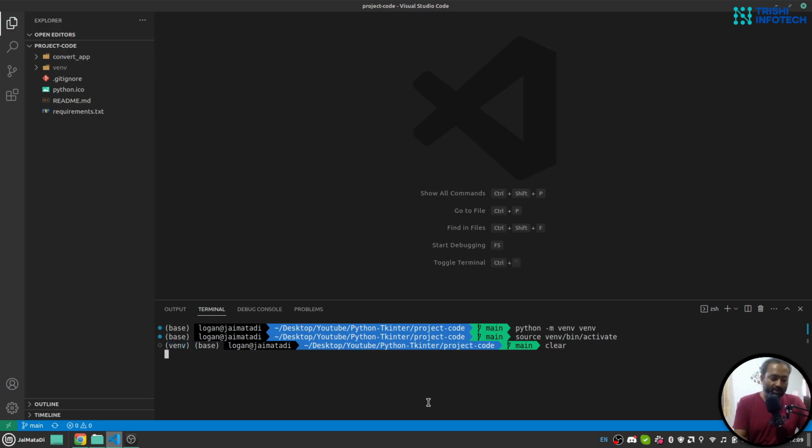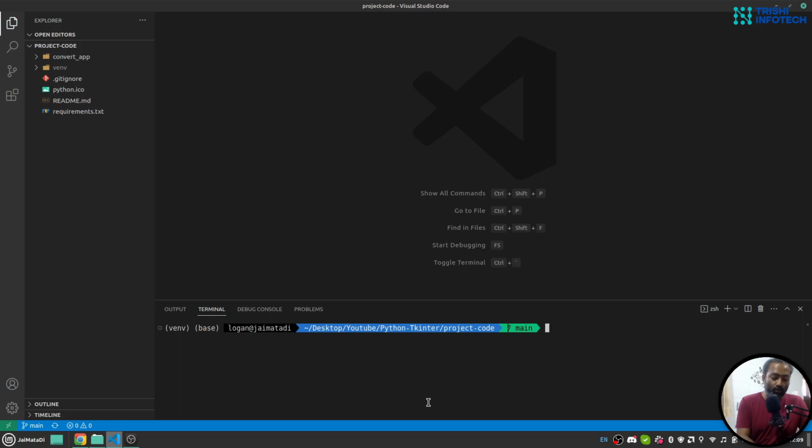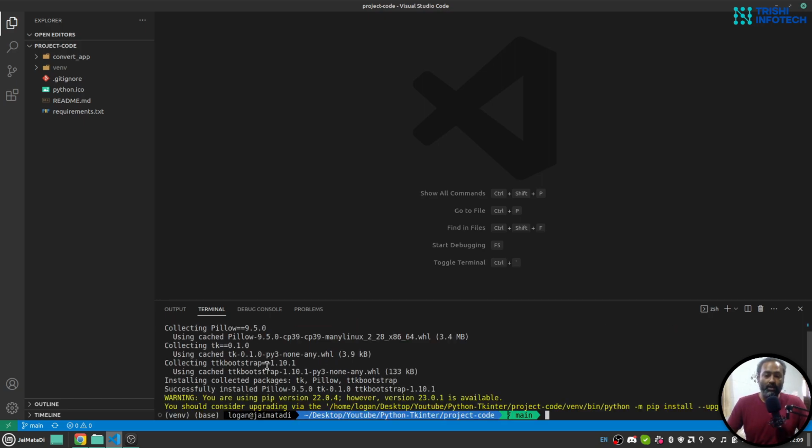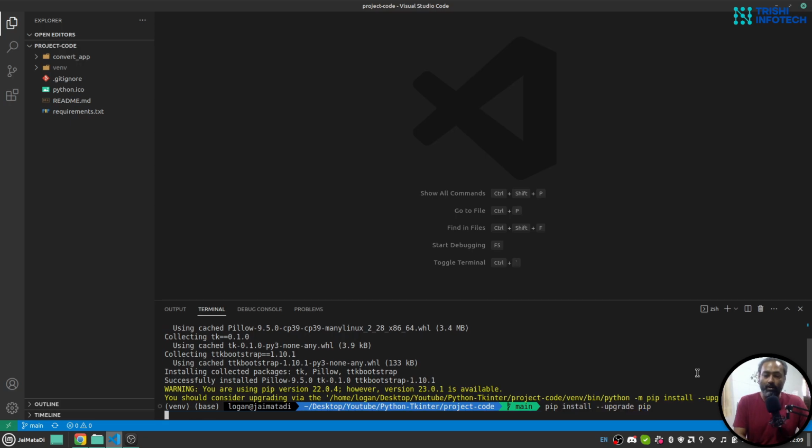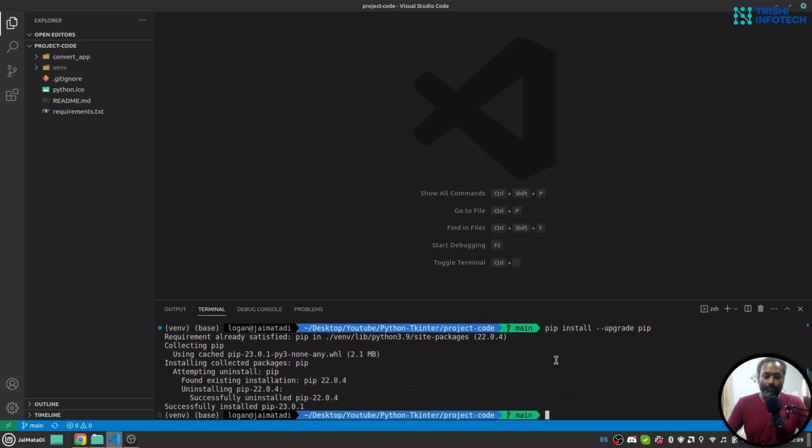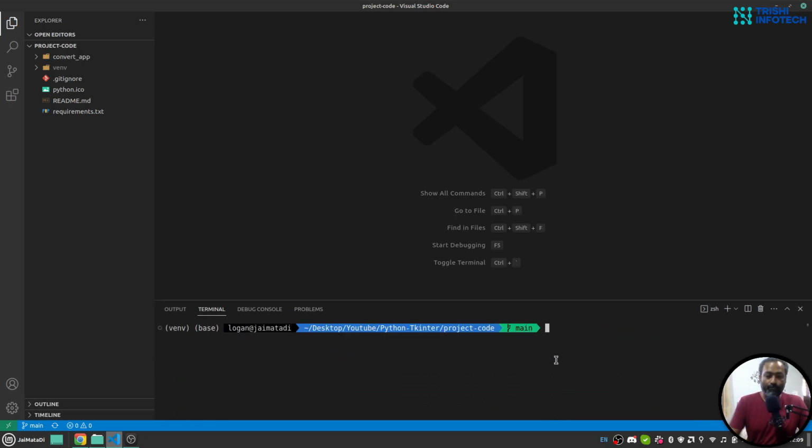Let me clear the screen. The first thing I'll do is use pip install -r for the requirements file, and provide the requirements.txt file and hit enter. It will install all the required dependencies, and this small warning says that there is a new version of pip available. I'll upgrade pip as well. Now here in the converter app folder, I have this